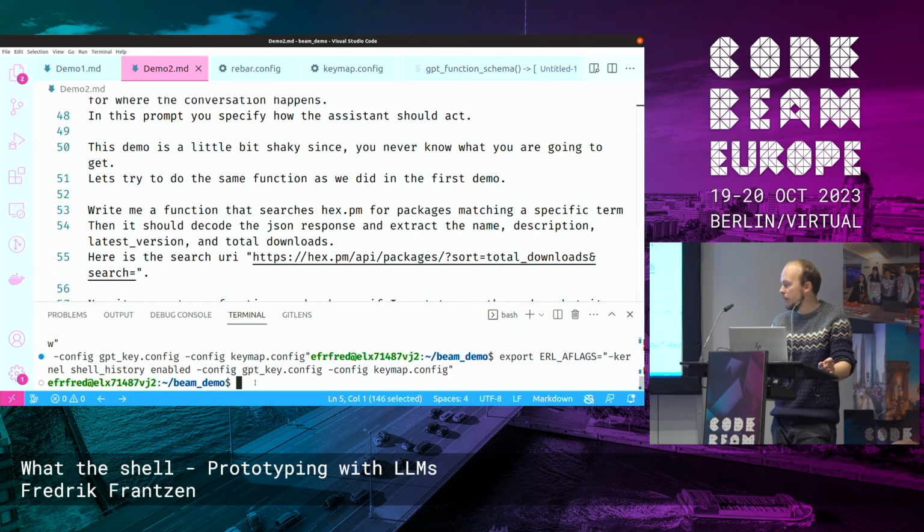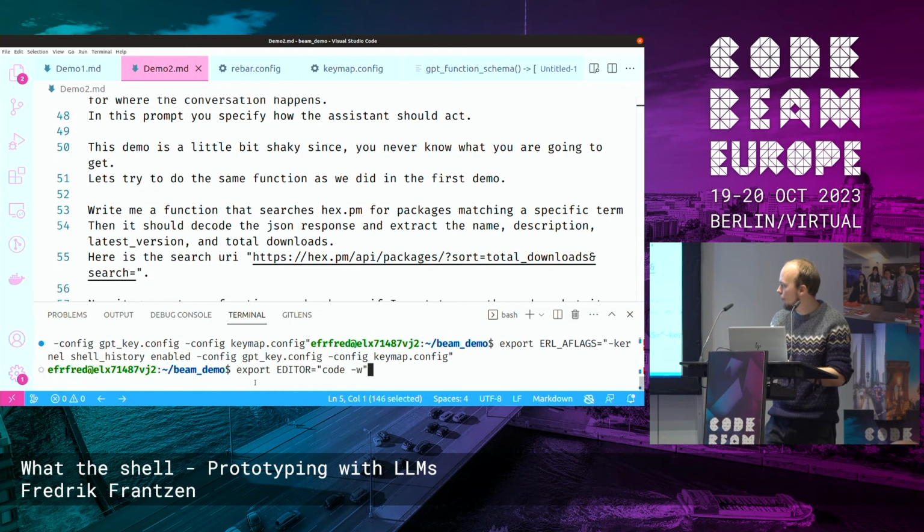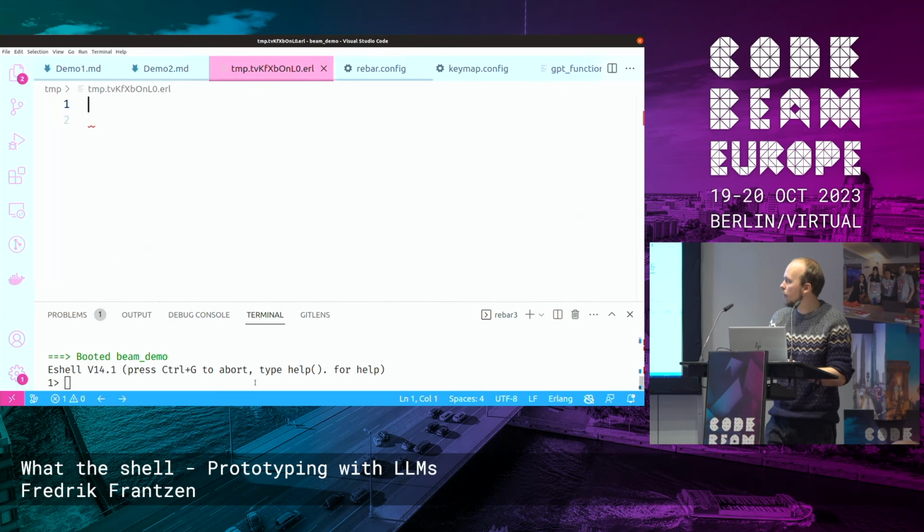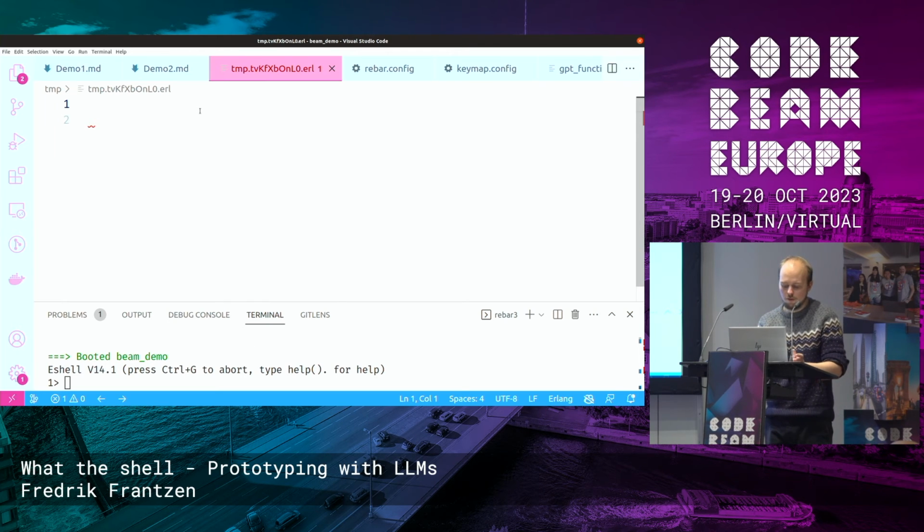But before doing that, I just want to show you a thing I missed in the first demo, and that's that you can open in an external editor. In this case, I open in VSCode from the shell. And if I have plugins in the VSCode environment or in my favorite editor, then I can make use of that when creating my functions. But I'm not going to demonstrate that much about this because we're going to use ChatGPT.